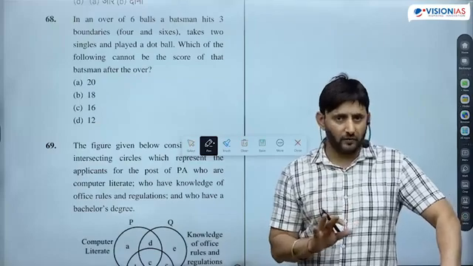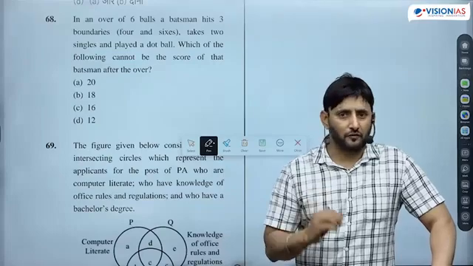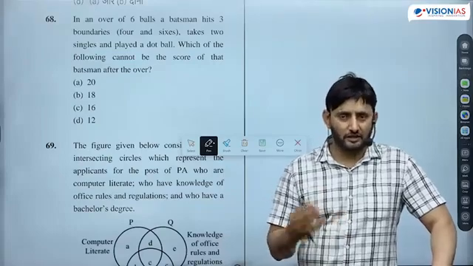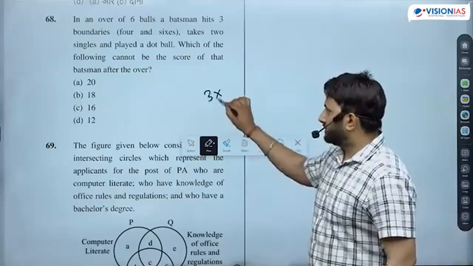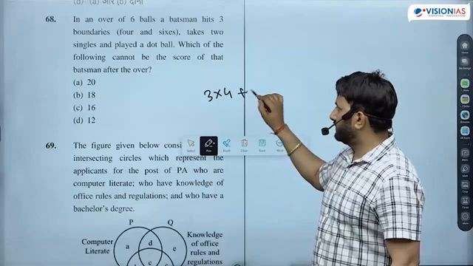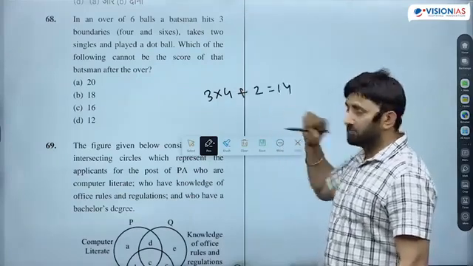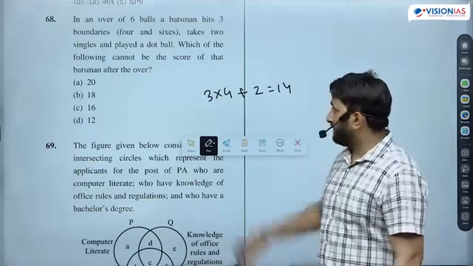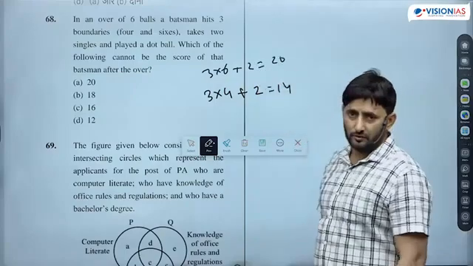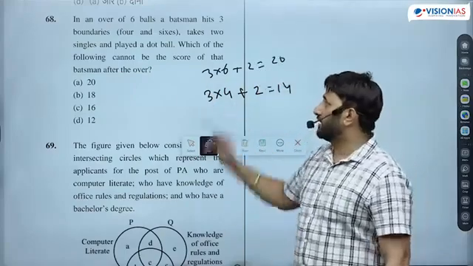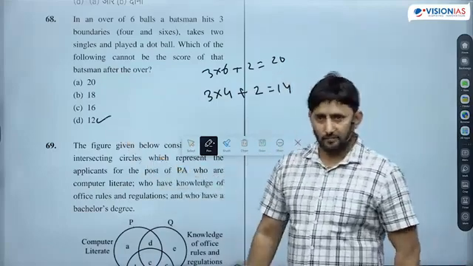14 ना, मिनिमम 14। देखो बच्चे, वो 3 बाउंड्रीज लगाएगा, बाउंड्रीज में अगर तीनों 4 लगाएगा तो मिनिमम बनेगा, अगर all 3 6s तो मैक्सिमम जाएगा. So minimum score will be 3 4s and 2 singles, so his minimum score will be 14 and maximum score will be 3 into 6 plus 2, 20 is the maximum score. Question is, which of the following cannot be the score? 12 is not possible, minimum 14 है।